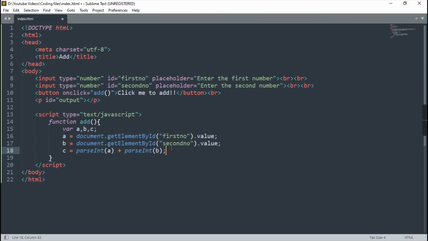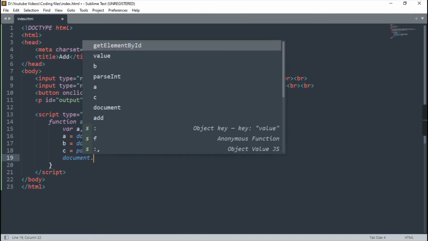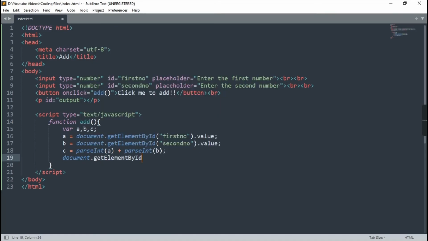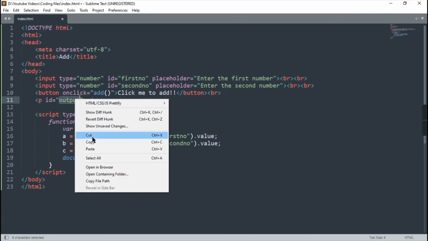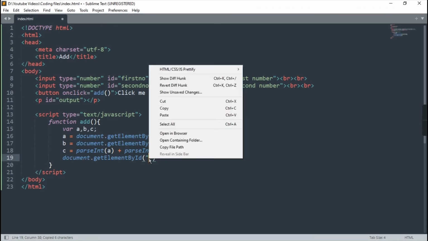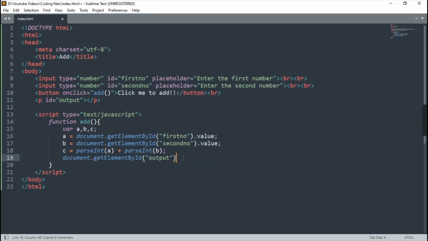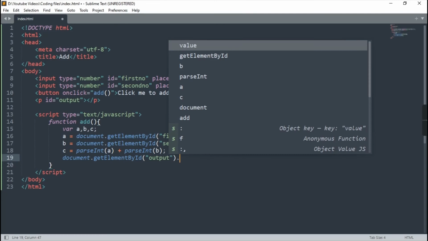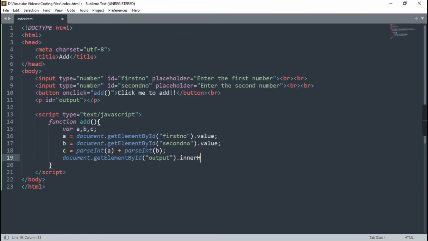Okay. Now we have to send the output. So for that we will write document dot getElementById, and what was the output paragraph id? Output. So we will copy this and paste it here. Over here I will not put dot value, but I'll put dot innerHTML. This innerHTML is used to print anything on the web page using JavaScript.